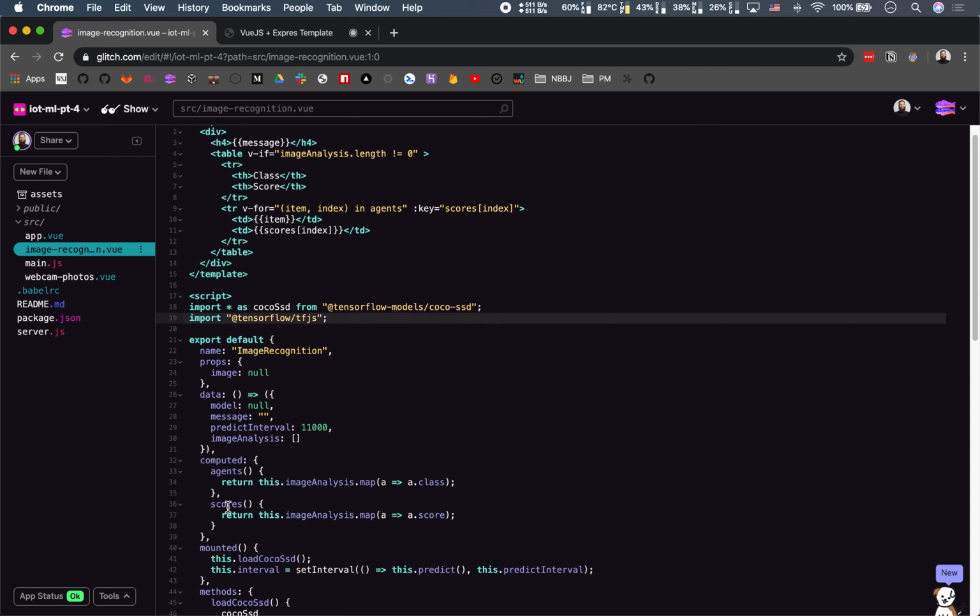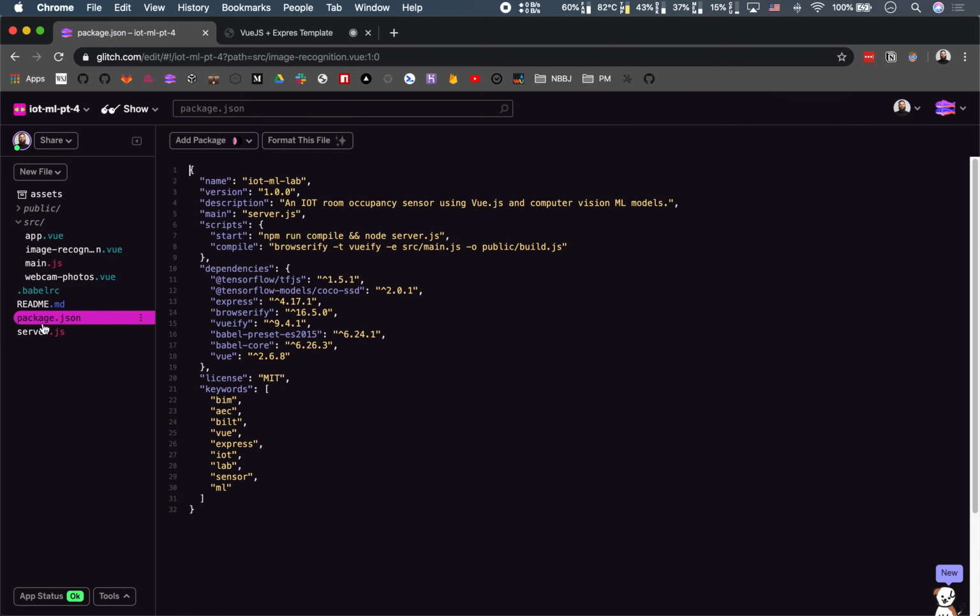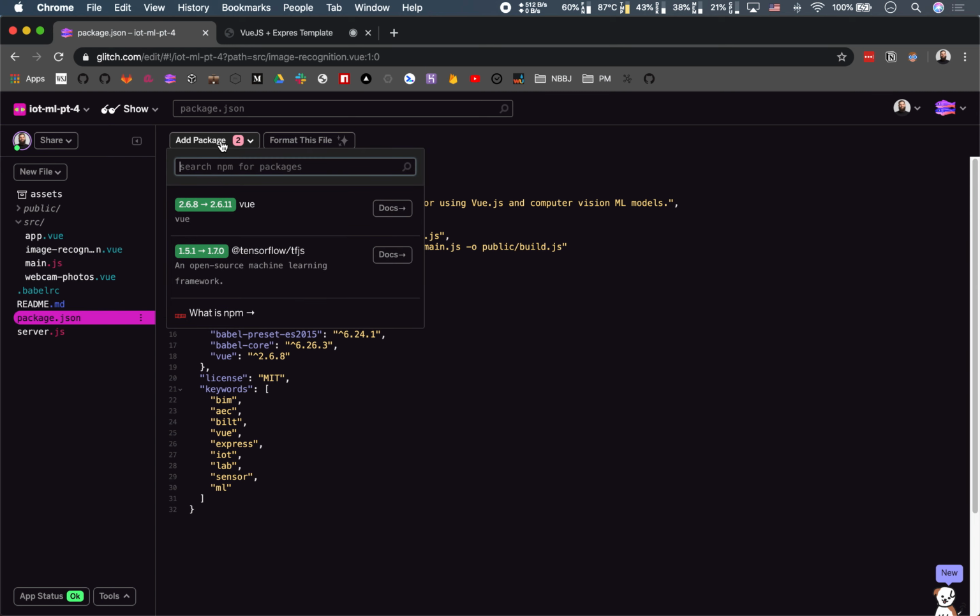So how do we get these in here? This is Glitch. This isn't Node. We don't have npm install. Well, package.json, if you click to that file, that's really going to be your best bet for adding packages. You can see here it's flagging me for updates, but I don't really care about those. What I want to do is just show you how you would add a package. You would click add package, and it's just as simple as